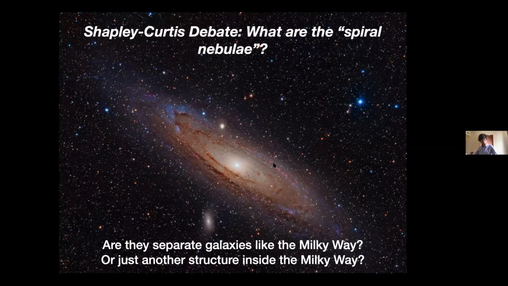But at the time, they didn't know that these things were actually separate galaxies like the Milky Way. They just saw these diffuse structures, and they wondered, are these separate galaxies like the Milky Way, or are they just another structure inside of the Milky Way? And in order to actually answer that question, they needed a way of measuring cosmological distances, the distances to these spiral nebula that were very far away, which they didn't have at the time until